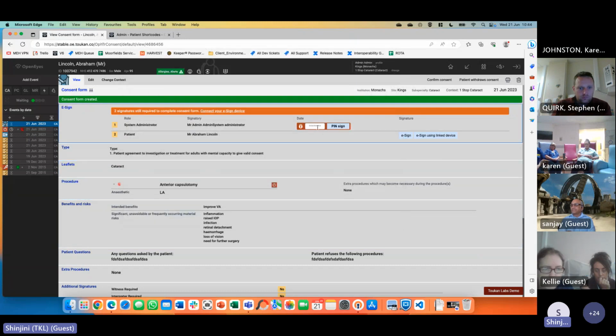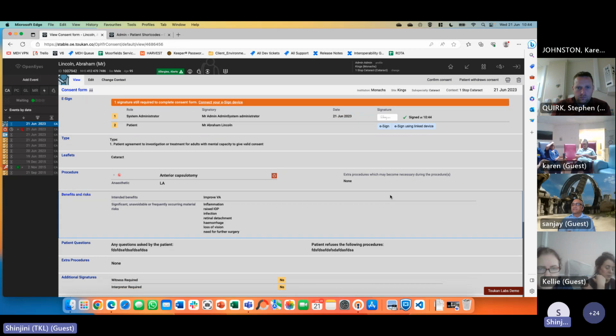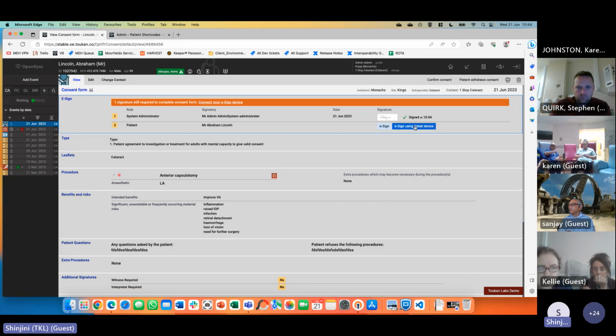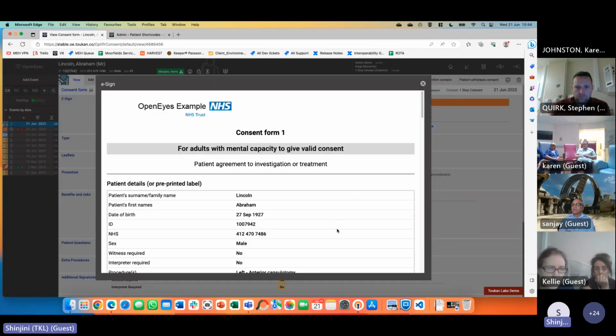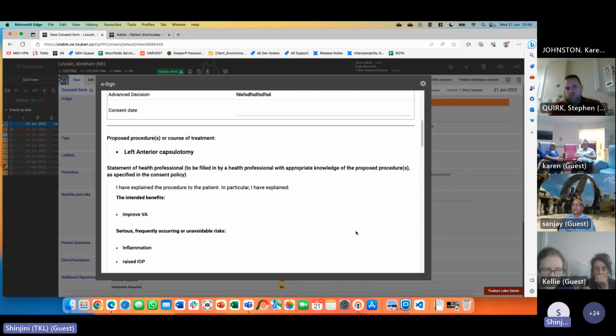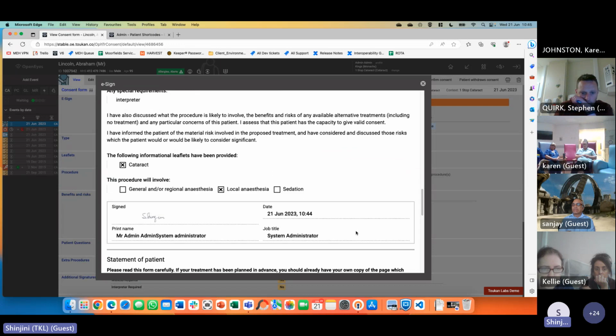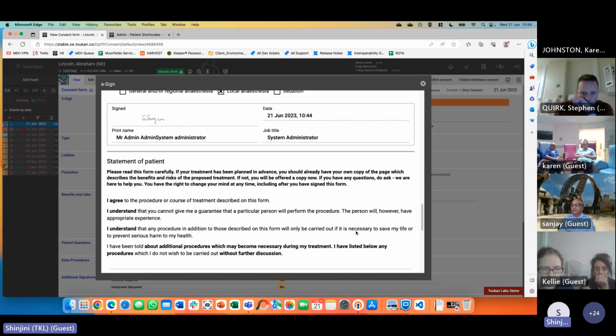And what happens here is the doctor would put in their PIN. Oh dear, how many? Right, so I've signed it and now the patient is in front of me. I don't have a linked device at this point, but I can show you how the e-signature looks on screen. So typically clients would ask the patient to have a quick whiz through the consent form, which is now